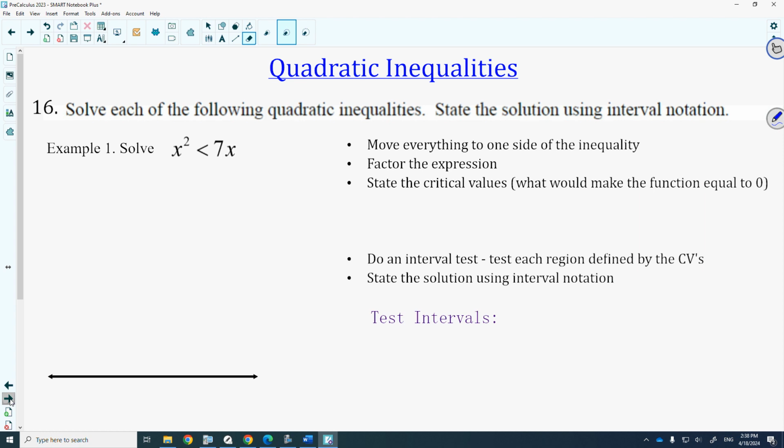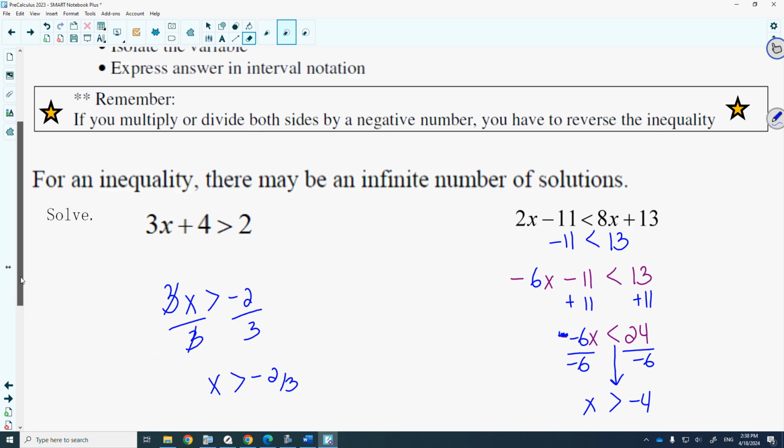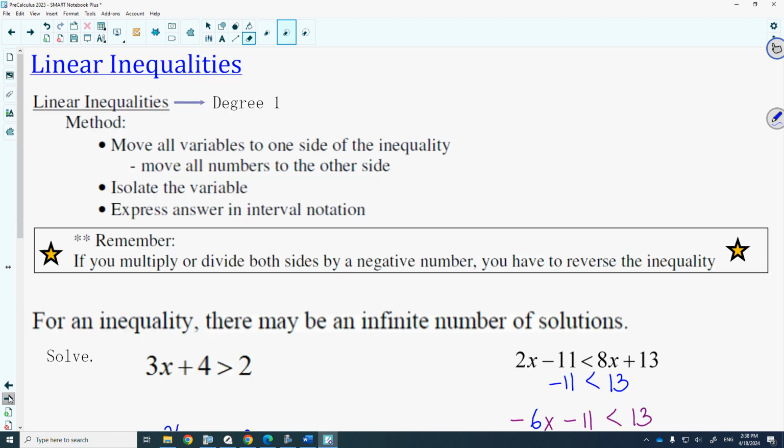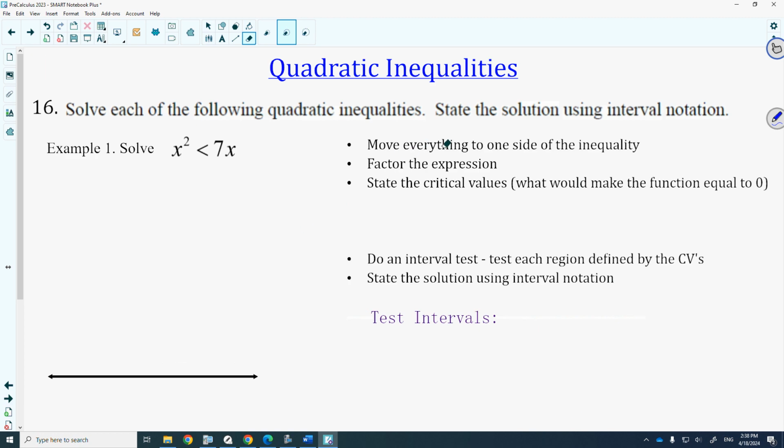Now let's solve quadratic inequalities. Quadratic and linear are going to be different. With linear, we're degree 1. With quadratic, we're degree 2. With linear, we always want to isolate the x. With quadratic, we don't. What we want to do with quadratic is move everything to one side